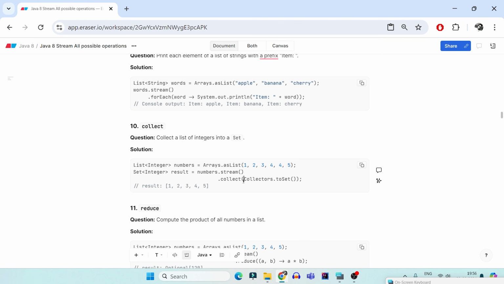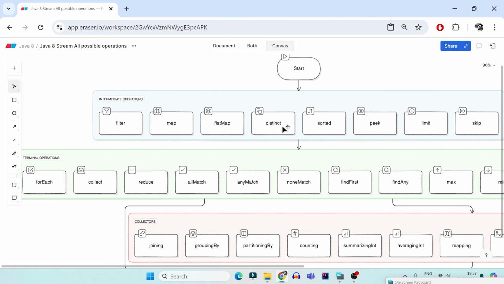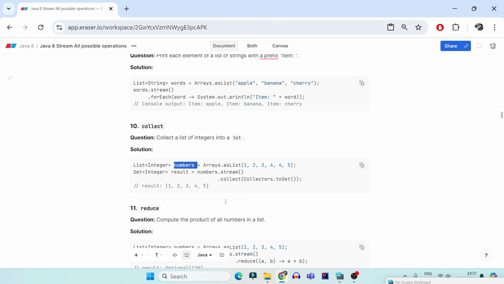I can use a stream dot collect to set. Here I will get only unique numbers, but their order will not be the same as what we have in the original stream if we use a set here. If you want that to be preserved, if you remember, we have covered something called distinct. This is going to make sure that your order remains the same as it is in the original collection.